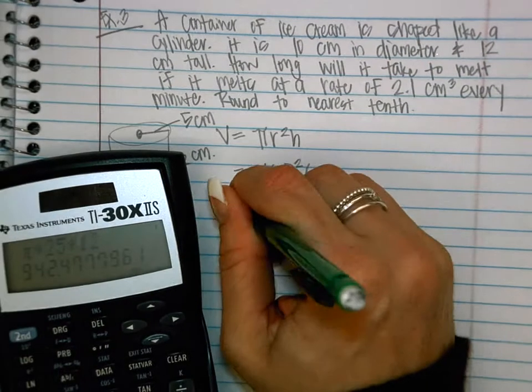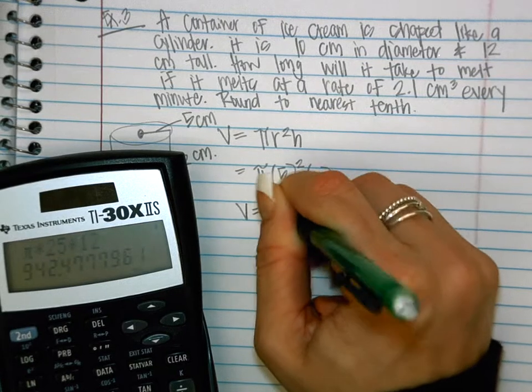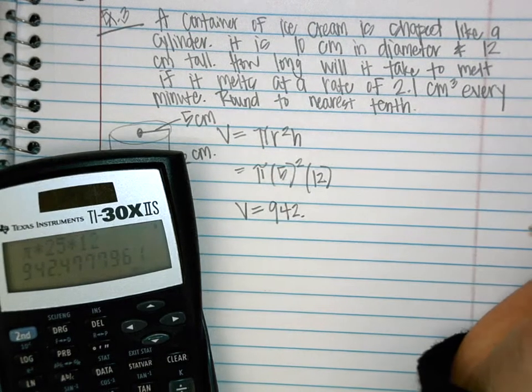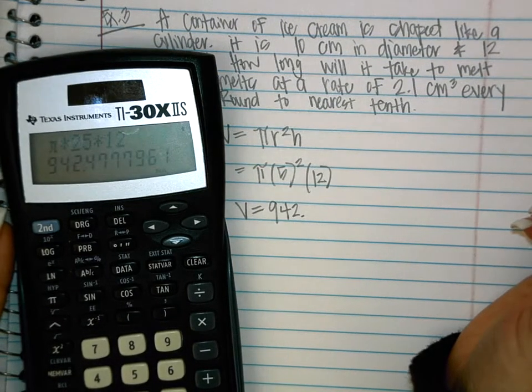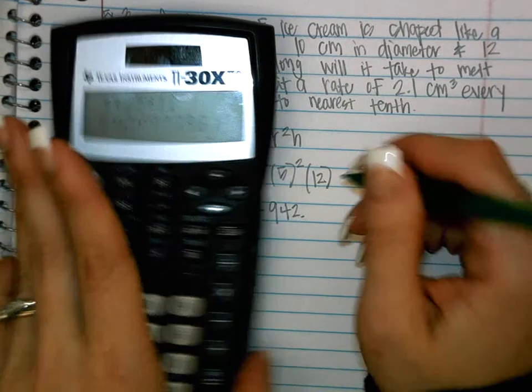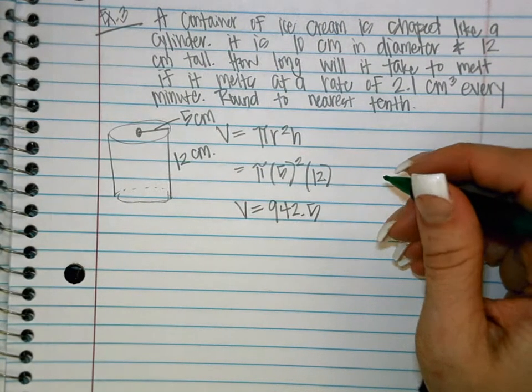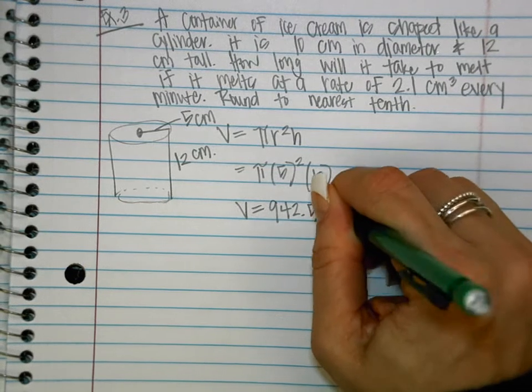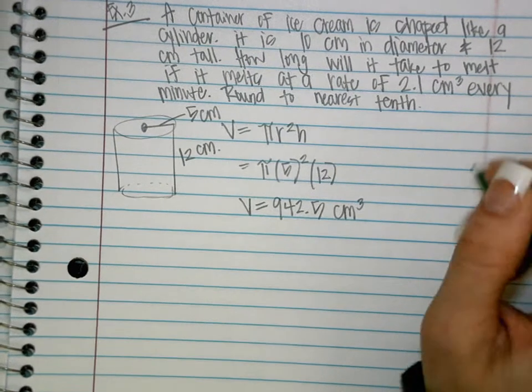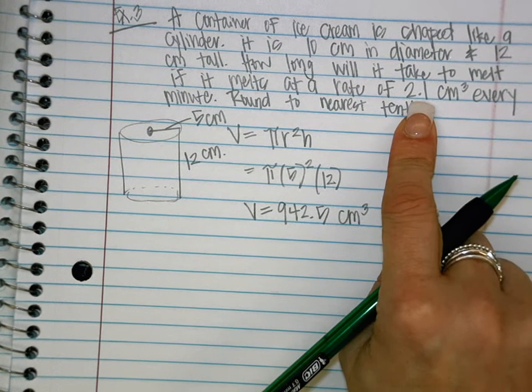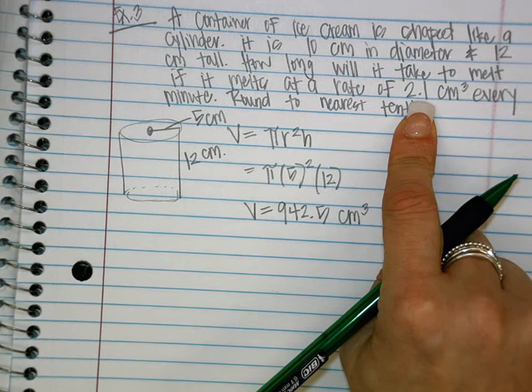So the volume is equal to 942 point what? 0.5. Okay, so the volume is equal to 942.5 cubic centimeters. If you know that every minute 2.1 cubic centimeters melt,